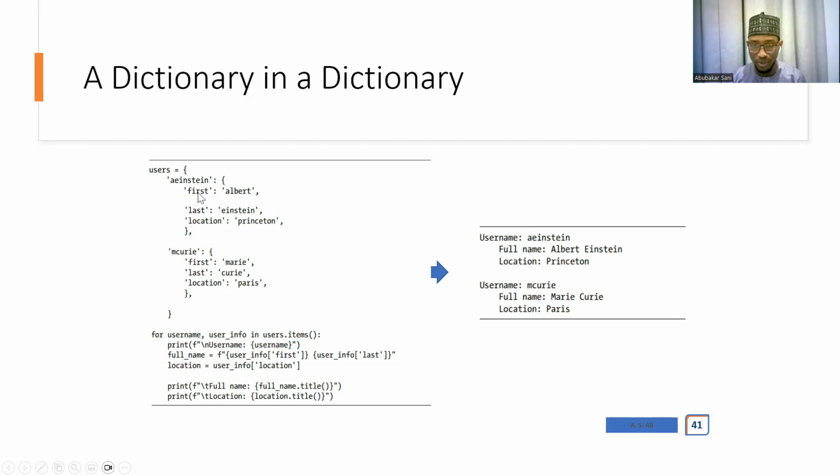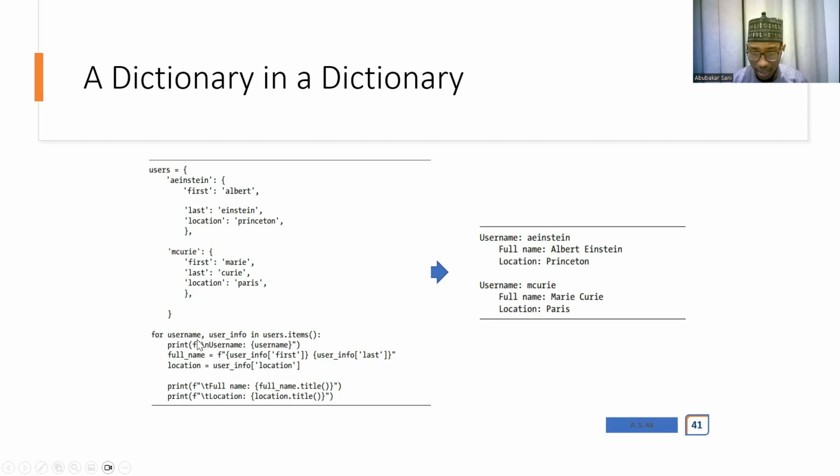Key value pairs now. First name of Einstein is Albert. Last name is Einstein. Location is Princeton. M Curie. The first name is what? Mary. The last name is Curie, and then the location is Paris. Okay, so you can have other users in this dictionary, and we can print each one of them. We can make this kind of print, and we can see the output in this manner,